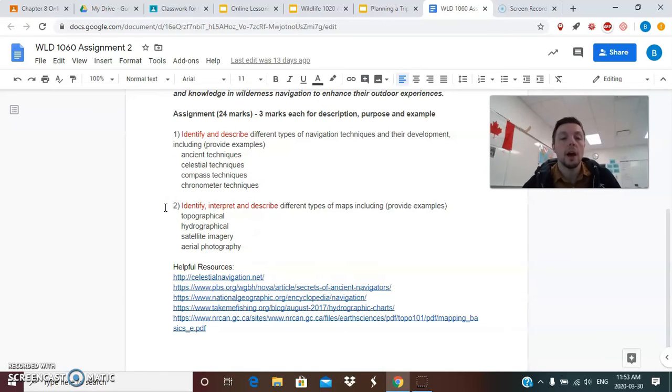Step 2, identify, interpret, and describe different types of maps while providing examples. So I have included on here topographical, hydrographical, satellite imagery, and aerial photography. So these are all different types of maps that we would use when we are trying to survey an area